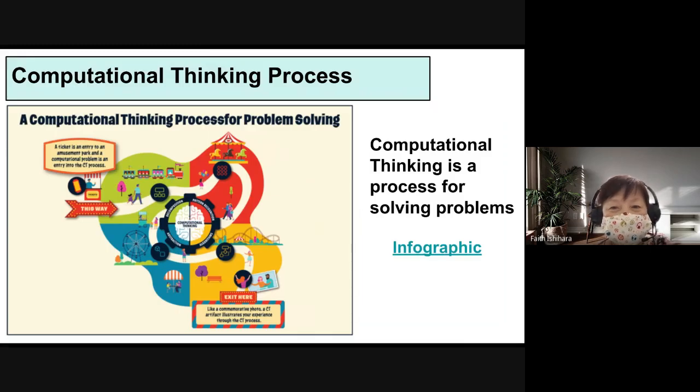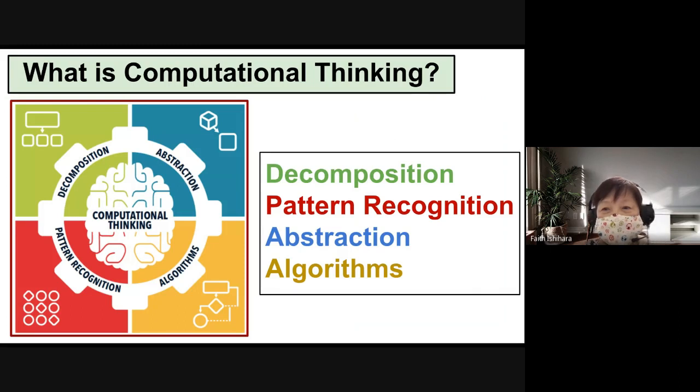And we also included an infographic that shows that process of breaking down a problem, decomposing it, finding patterns, and abstracting what is necessary and forgetting or ignoring the unnecessary pieces of information, and then coming to an algorithm. So we're wondering, can computational thinking be taught in the primary grades? And definitely yes. And we'll show you some examples coming up.